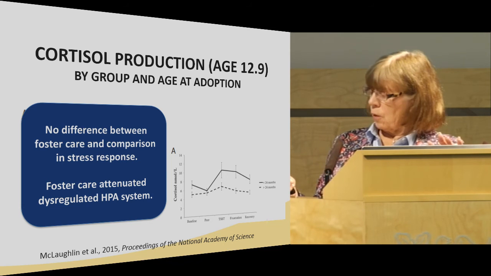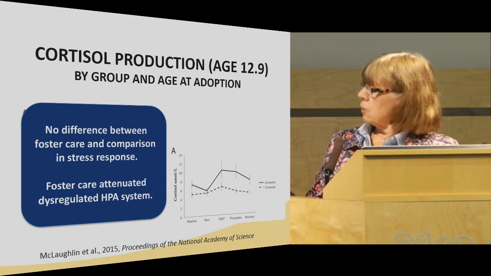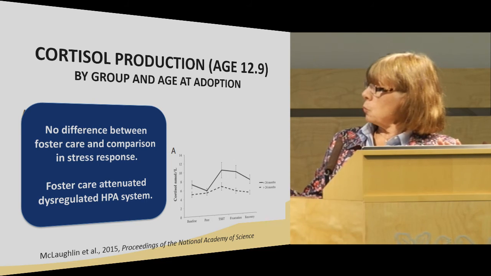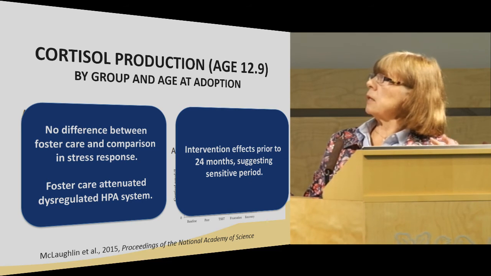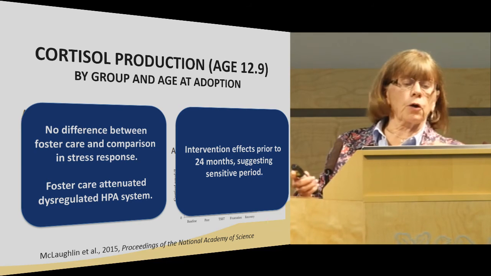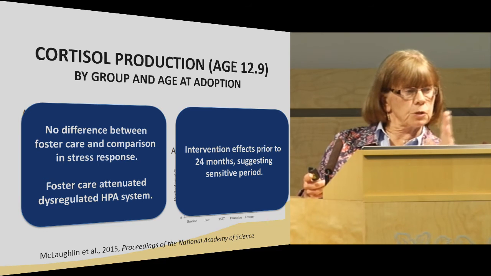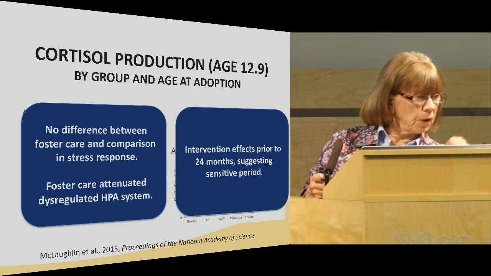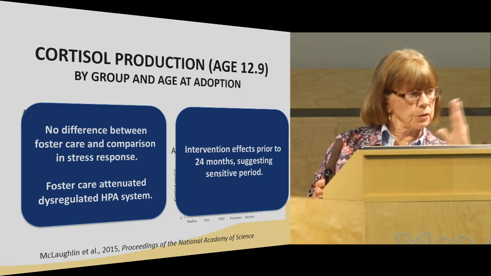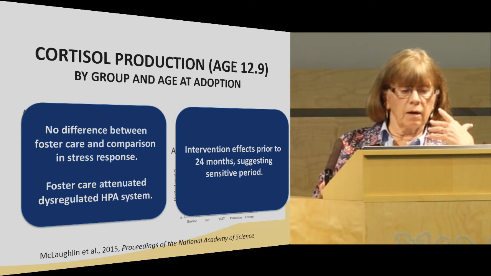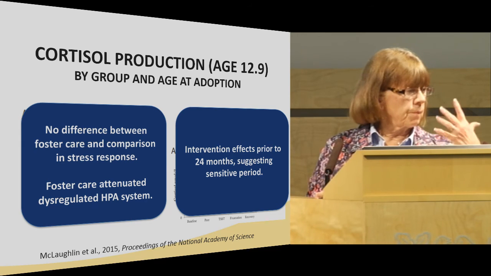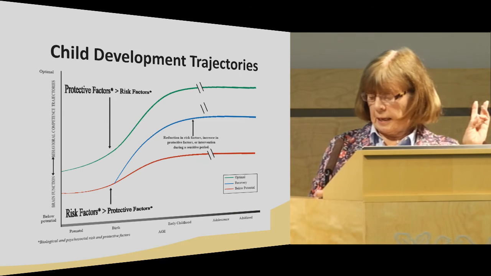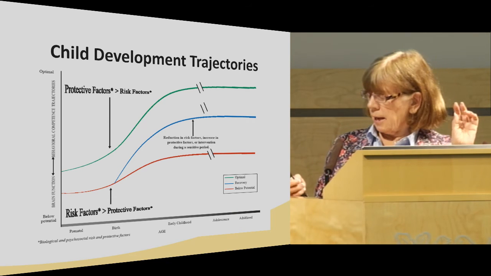On the right are the two groups in foster care, and they differ by age. So you see an age difference there, and it looks as though the intervention effects occurred for those placed prior to 24 months, suggesting a sensitive period, again, within that first 1,000 days. So this information from the Bucharest study can be really quite fascinating, and it suggests that what